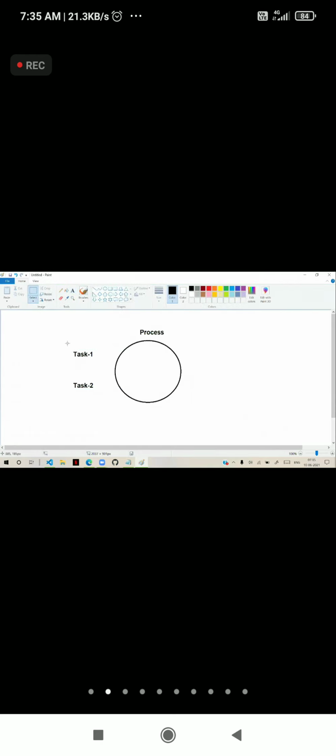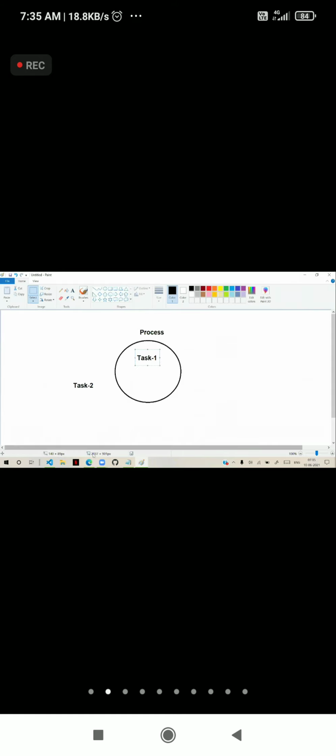Now what happens is, one task goes into the process and it gets stuck in the process, cannot come out. It will stay stuck in the process forever until you reset the process.